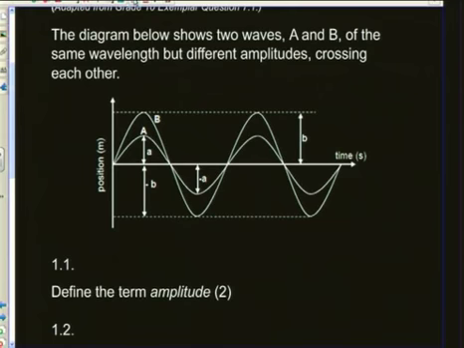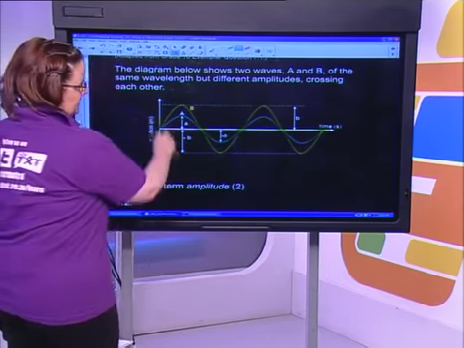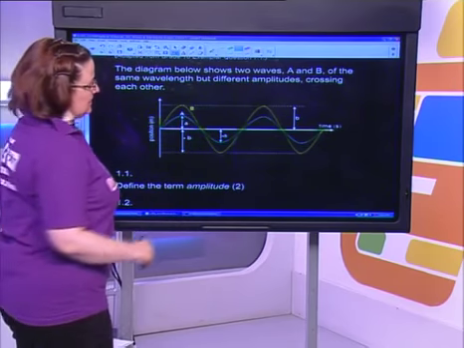Now if we look at our waves, let's highlight them quickly. That's wave B, which is now going to become yellow. It's got a nice big amplitude. Wave A is the little one that crosses over there, and that's great. Now with them having the same wavelength, that really does help us. It means that they go to the rest position at the same time.